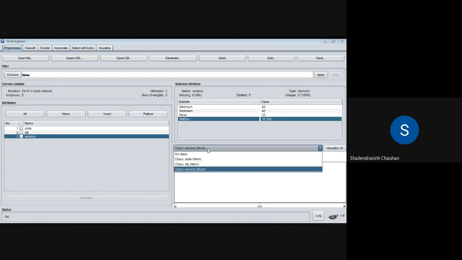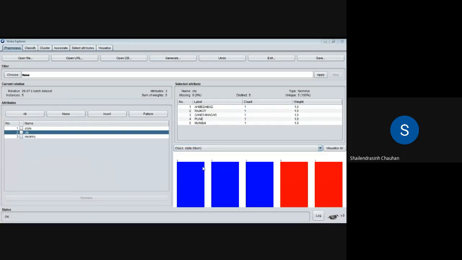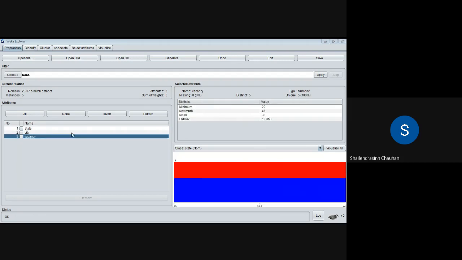And if you just change state as class, then you can also see here, let us say in city, Ahmedabad one, Rajkot one, Gandhinagar one, Pune one, Mumbai one. Oh, sorry, that is not vacancy.